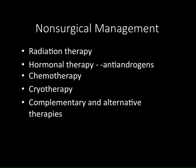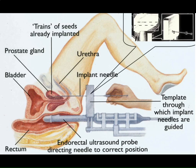Non-surgical management includes radiation therapy, hormonal therapy, the anti-androgens, chemotherapy, cryotherapy where they freeze it instead of taking it out, and then, of course, complementary and alternative therapies like acupuncture, those CAMs that we use, complementary alternative medicine. Now I find this absolutely fascinating because what they can actually do is called brachytherapy. Most of the time when we think about radiation therapy, we think about radiation beams going from the outside in. What they're doing here is implanting a whole bunch of low radioactive seeds